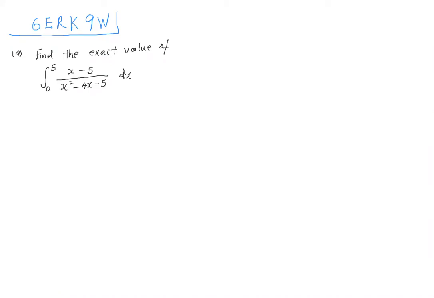So how are you going to do this? Can someone give me some suggestion? We split it. How to split it? x over x squared minus 4x minus 5 minus 5 over x squared minus 4x minus 5. Okay, if you split it like that,